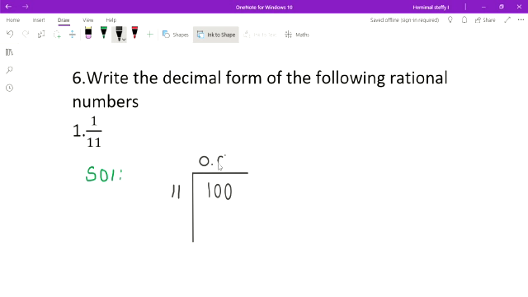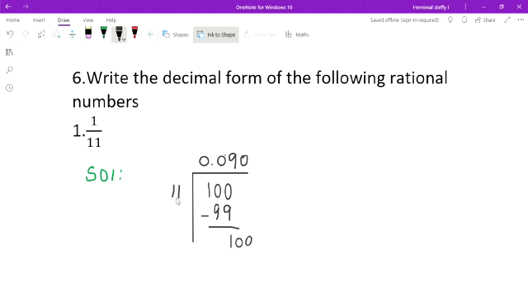Then see. How many times now? Let's see. How many times 9 11s are? 9 11s are 99. Minus, I change the sign. I get the answer 1. Again, I can add 1 zero because of the decimal point. But I want one more 0. You should add here 1 zero. So here also 1 zero.